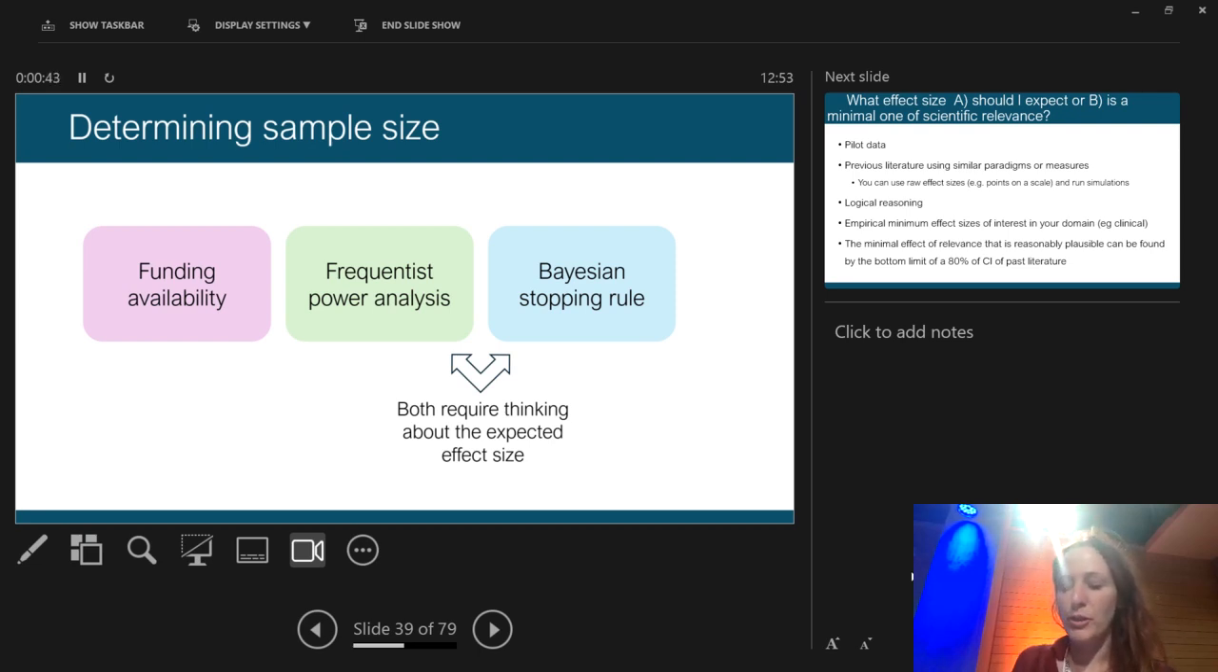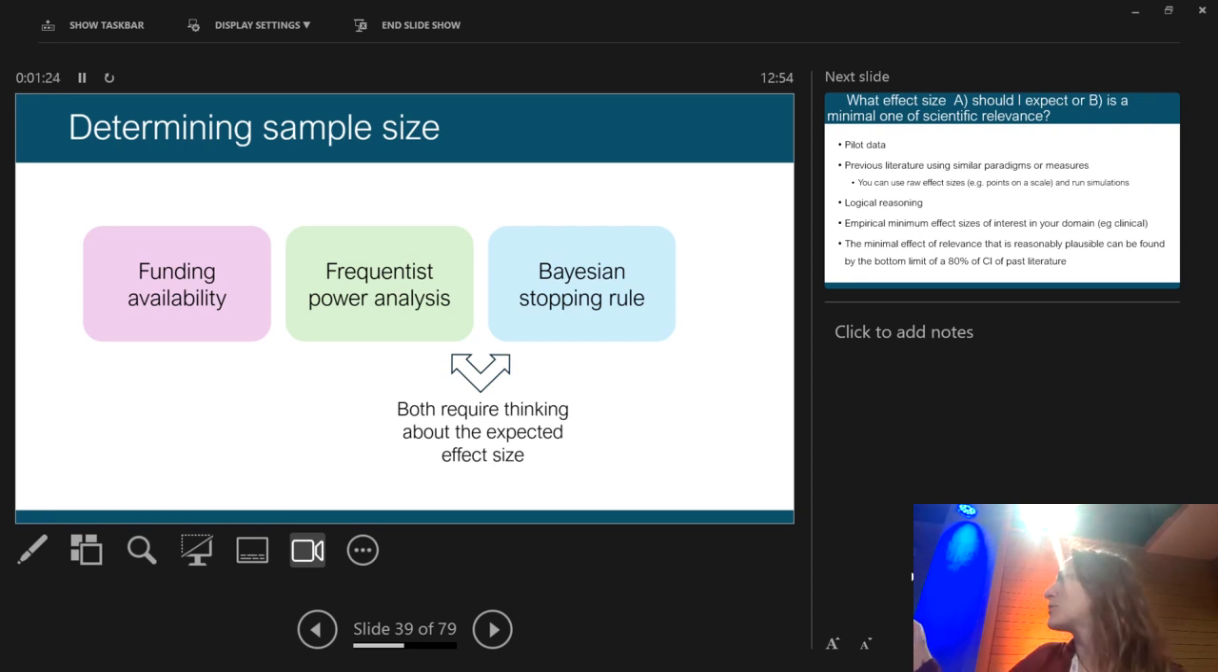So if you are determining your sample size for a study, does everyone here do empirical work? Is this relevant to everyone? Yeah. Okay, so you're determining your sample size. You can use a frequentist approach and do a power analysis, or you can use Bayesian approaches, which I'll explain in a second. And both of those are going to require thinking about this expected effect size or minimum effect size of interest. But you've got to consider what kind of size you're looking for in order to know how many people